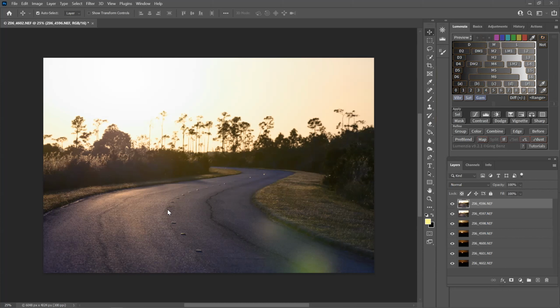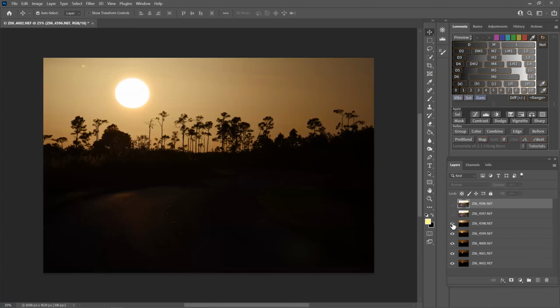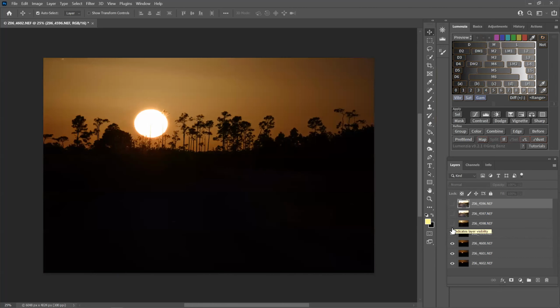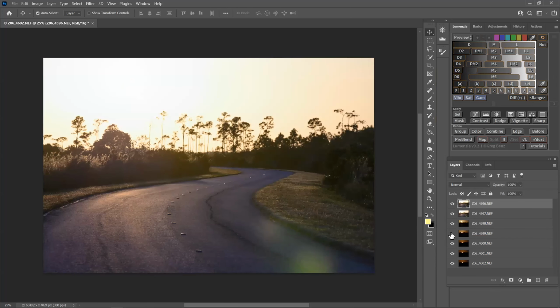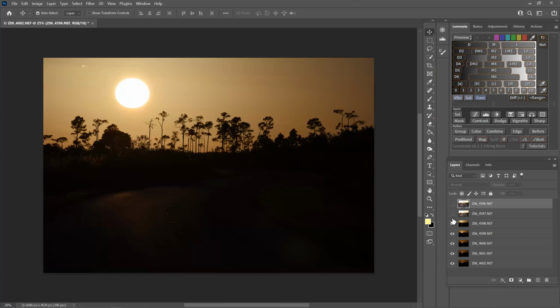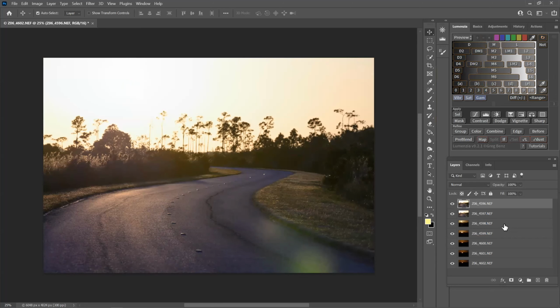Like I said, I focused here and then I focused on the trees for the second shot. I should have focused more, but I didn't. All that I would change on the camera is where I place my focus for each image I take, so that each image is basically in the same spot. Here you can see just a little bit of movement. That could be the focus breathing, or it could be the fact that I touched my camera and it moved just a little bit. You can see every single one of these is a little bit different from the one before. And I'm going to show you how to fix that.